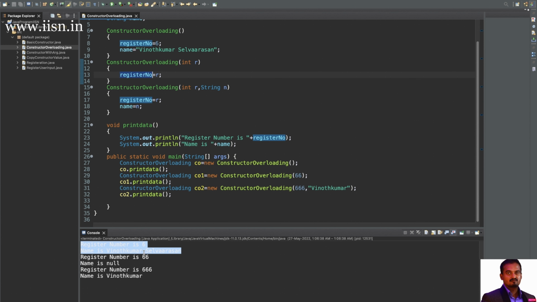The 66 is going to be allocated to the register number. Okay, so right. Then here you see this class has one more variable, name. But we are not passing the values for the name, so it is going to be allocated